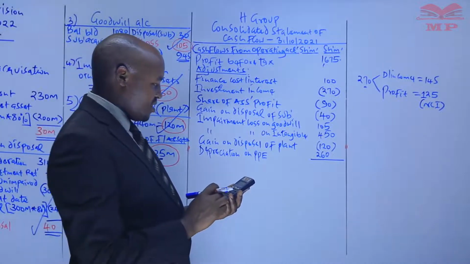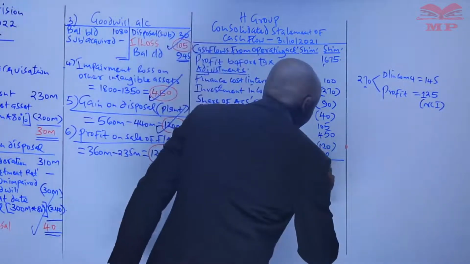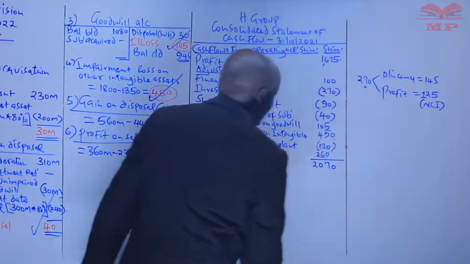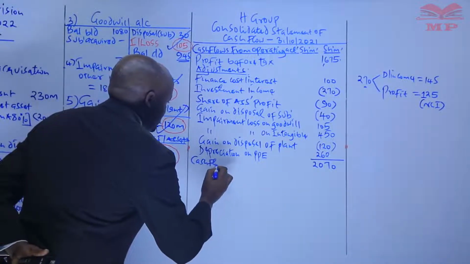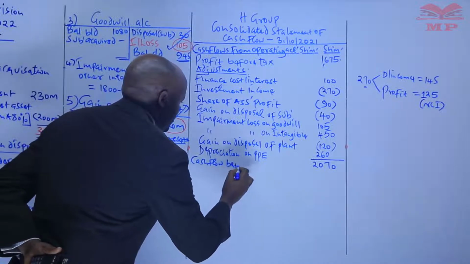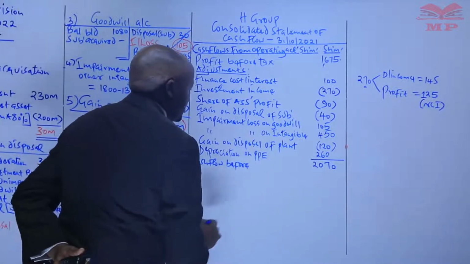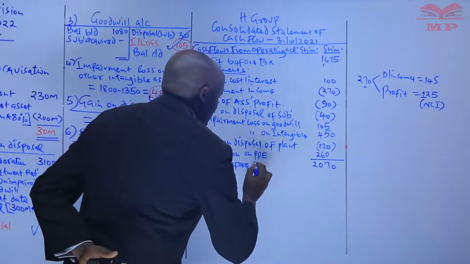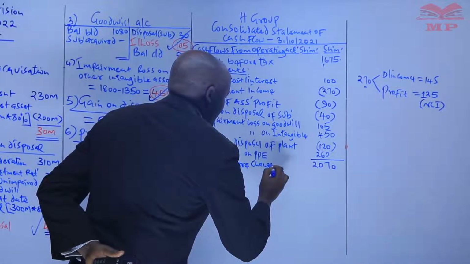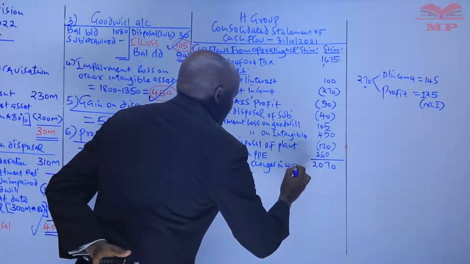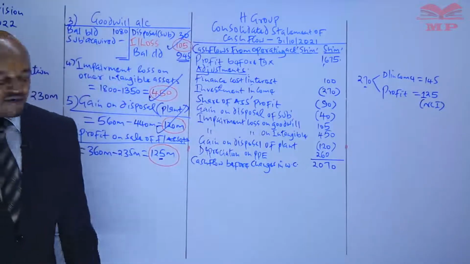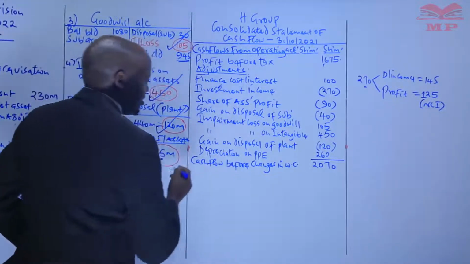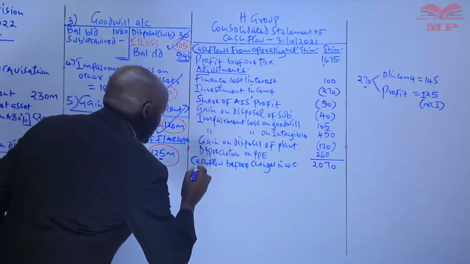Yes, that will give us 2070. This one, we refer to it as cash flow before changes in working capital. Before changes in working what? Capital. And then from there, what we do here is we consider something called the changes